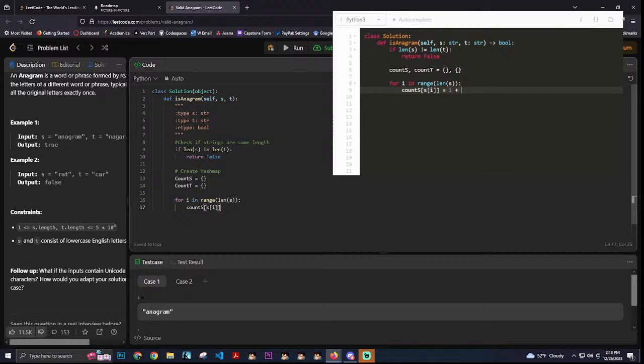So can we just say 1 plus this? Well, in Python, no, because what if that character doesn't even exist in the hash map yet? Then this is going to throw a key error, right? Key does not exist. So to get around that in Python, at least, there's a nice little function with hash maps that you can use called get. So get this key, and it'll basically do exactly what's being done over here on the left side, but